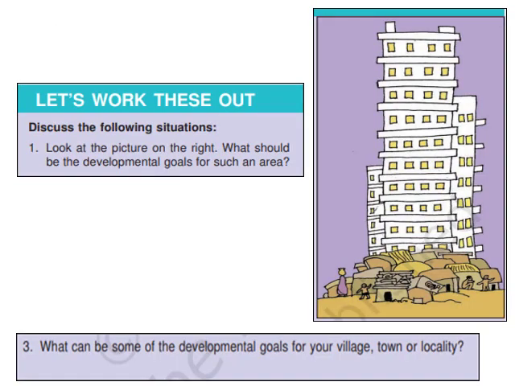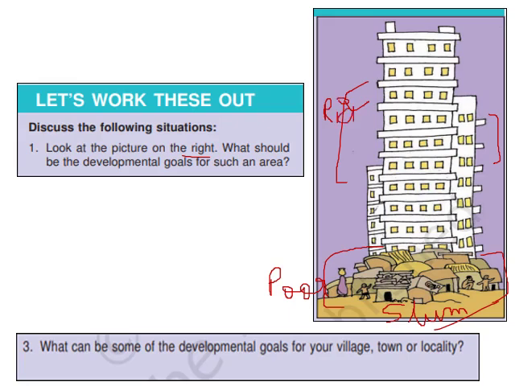Now in this picture you can see, on the right, this building which clearly depicts the society of the urban areas, and these jhuggis or jhopadis are something which resemble the slum just near the urban societies. Or we can clearly say that these are poor people living in the slum areas, and these are rich people living in the high class or high society areas. Rich and poor.